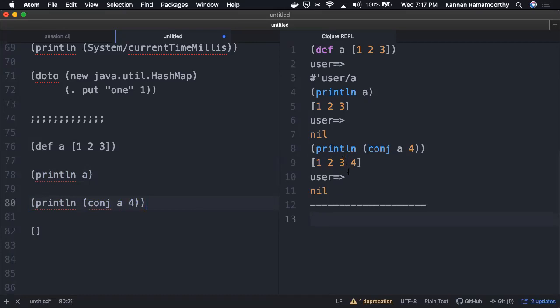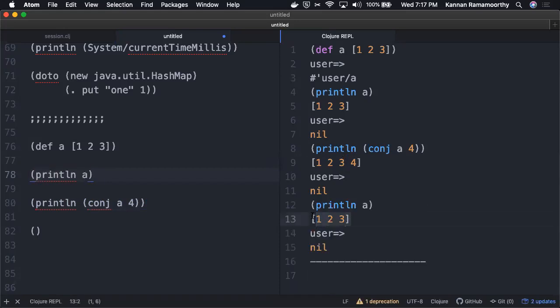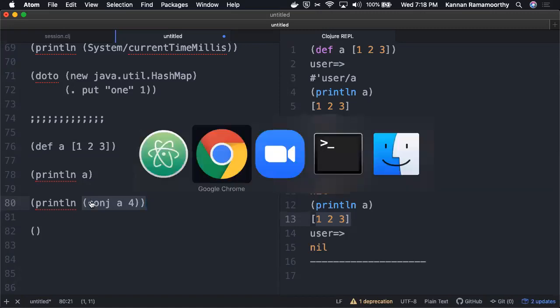Now you might be thinking that I have cheated you, because we are able to append elements to a vector which we have created. But once you print A again, you see A is unchanged. What happens is, in this statement, 4 got appended to A and the result got returned, but that operation doesn't affect A. So we are able to do operations, but that operation doesn't affect the data structure on which we operate. This is what we call immutability.